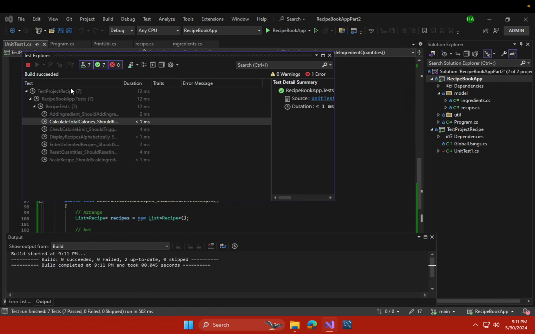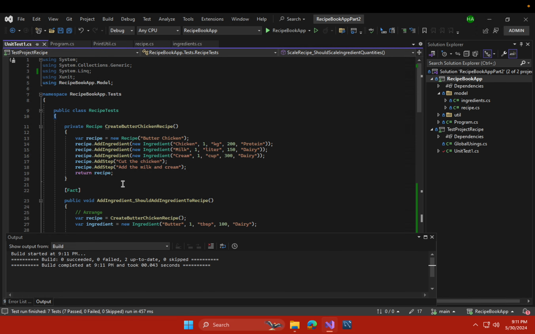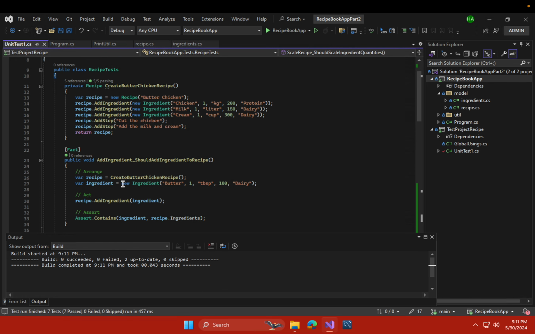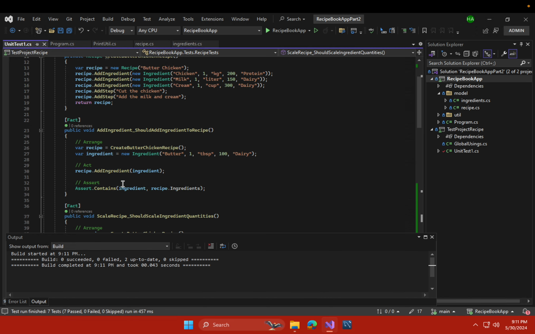So we'll run all tests. As you can see, we have 7 tests. We will run them all, and 7 out of 7 passed, 0 fails. Right, so first we have the grated butter chicken, and this is where we're testing to add